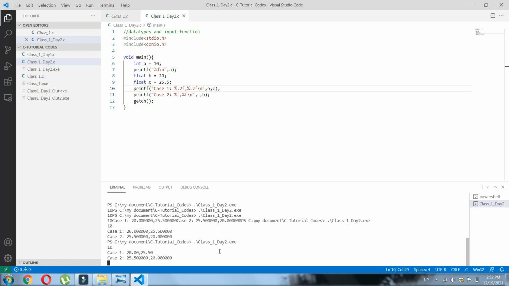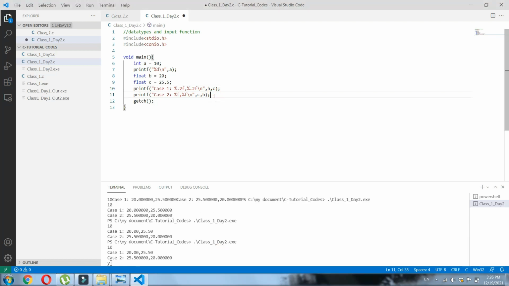Now let's see how to create a character, initialize a character, and then print it out. I'm giving char, then the variable name, and I'm using single quotes. This is a specific instruction. You need to use single quotes to declare just a single character.